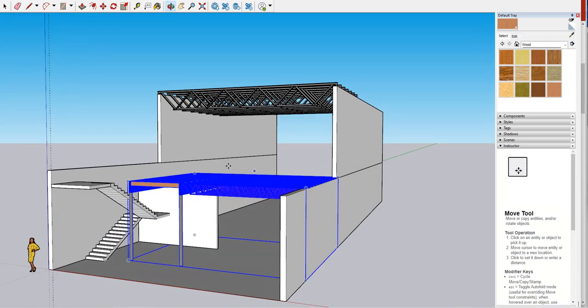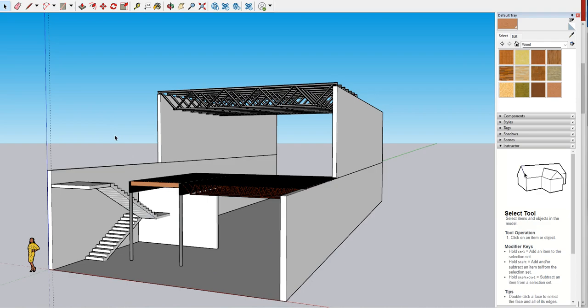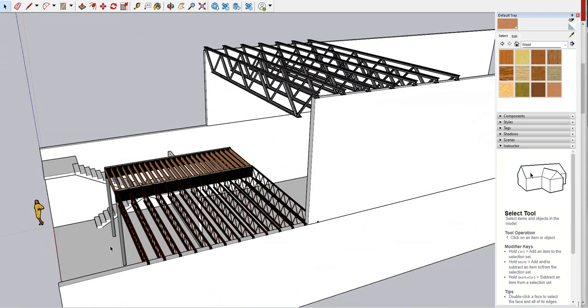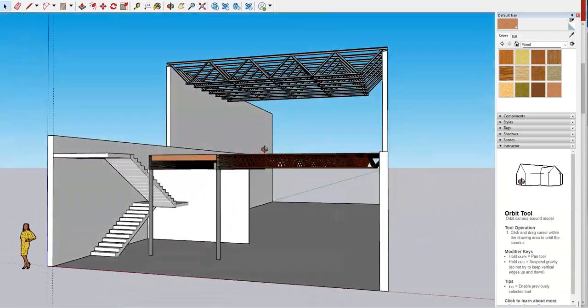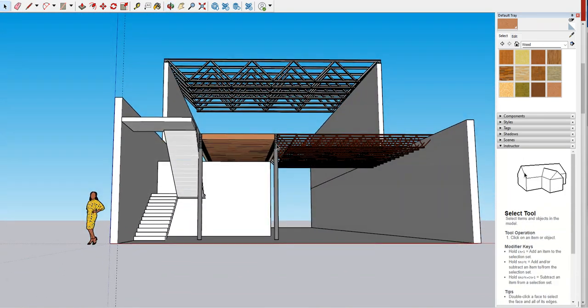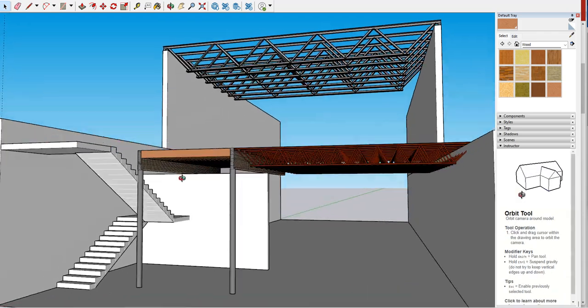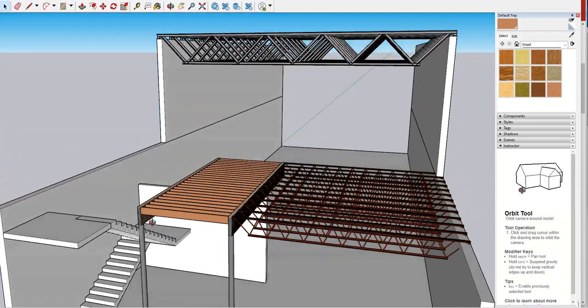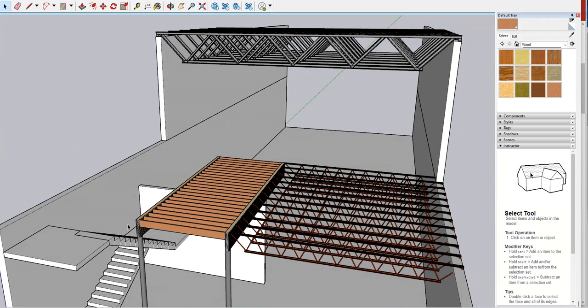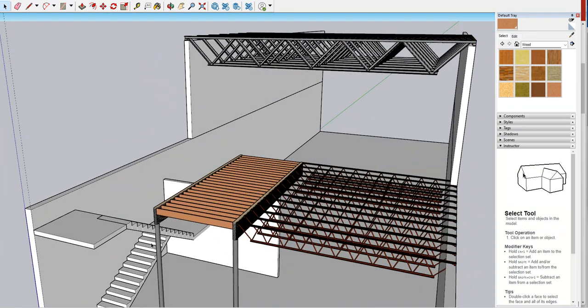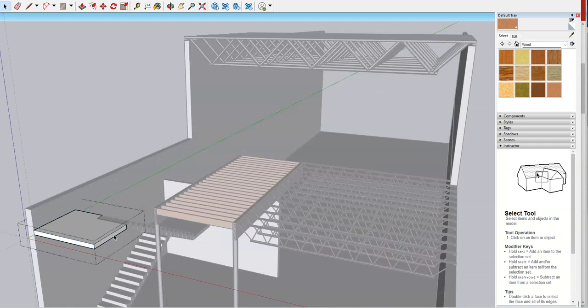So now that you brought it back 10 feet, that means that this space here is going to be open, okay, and people can look down here. And you may choose to have this beam continue up front, or you may just cut it here. You just have to remember that if you offset this or push it back, if you have a mezzanine, that if you have a stair going up and then turn around, that because there's no floor here, that you do have to have sort of